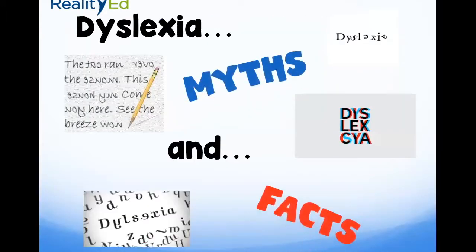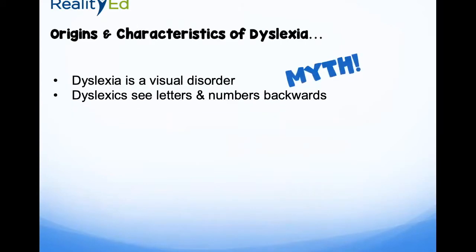Let's look at just a couple of myths and facts that surround dyslexia. Regarding the origins and the characteristics of dyslexia, the number one myth you are going to hear out there is that this is a visual disorder and that dyslexic students see letters and numbers backwards. That is a big myth. You're going to see that dyslexia is actually rooted in language,